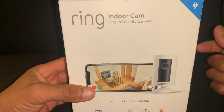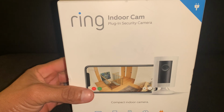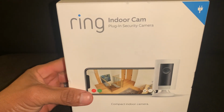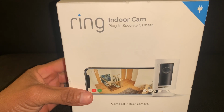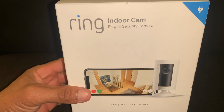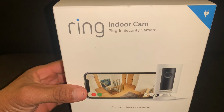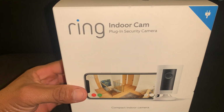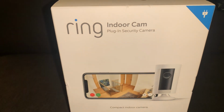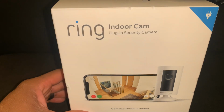And there is a $3 a month subscription if you want to have recordings on the cloud. You do get a 30-day free trial to check your recordings. After that, you're only able to see live footage. No recordings are stored on the cloud if you don't have the subscription. Is it $3 a month per camera